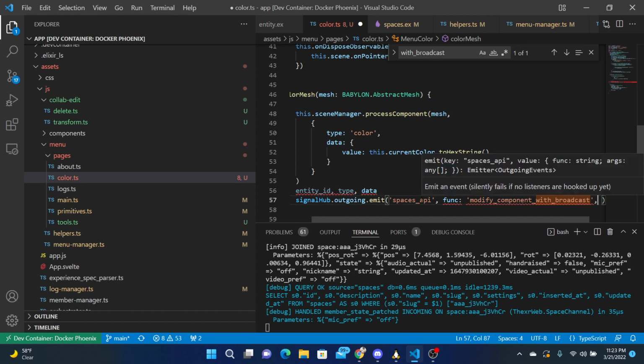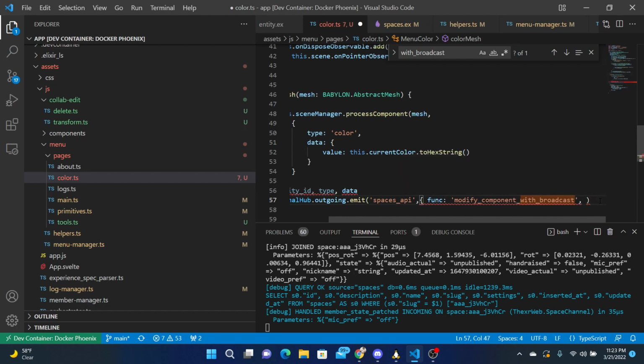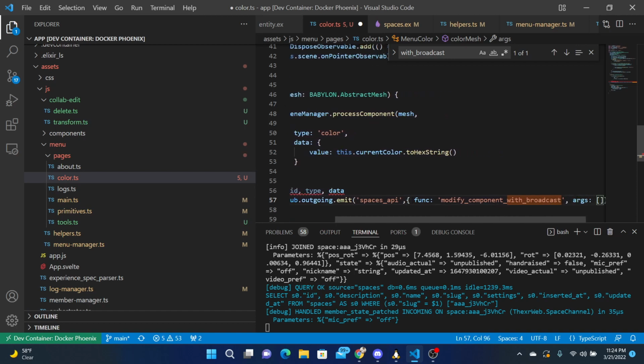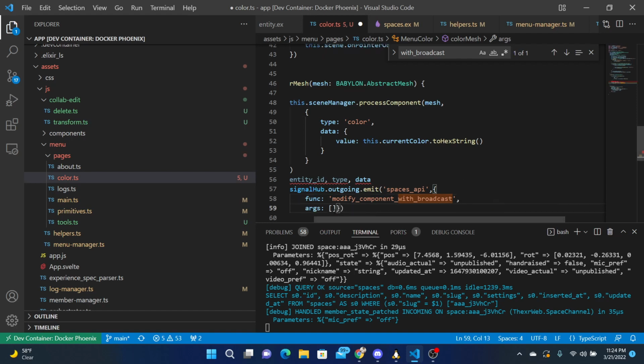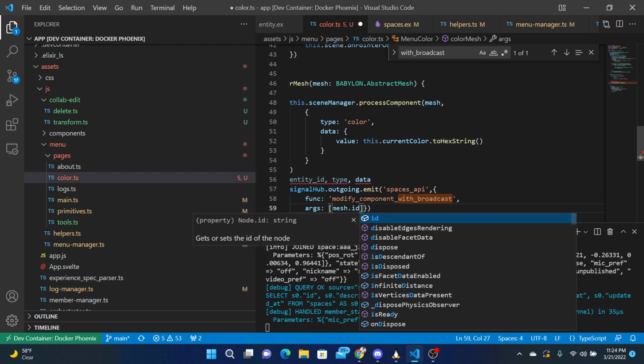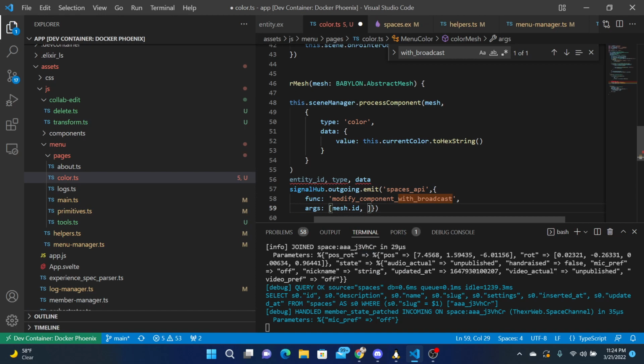and oh, this is in an object, so function and args. Args. And args1 is, okay, so let's indent this a bit. Args1 is the entity ID, so that'll be the mesh ID. Second, it'll be the type, which will be color, and the data, which would be value, and the